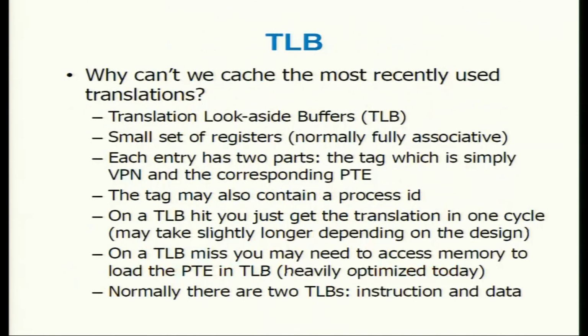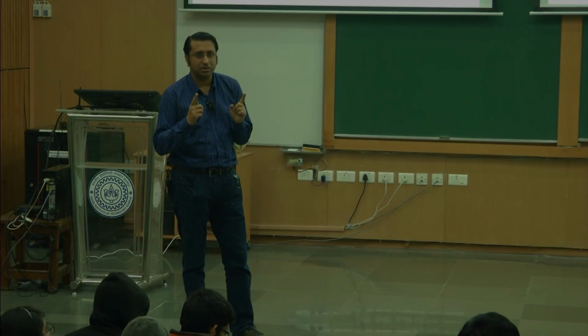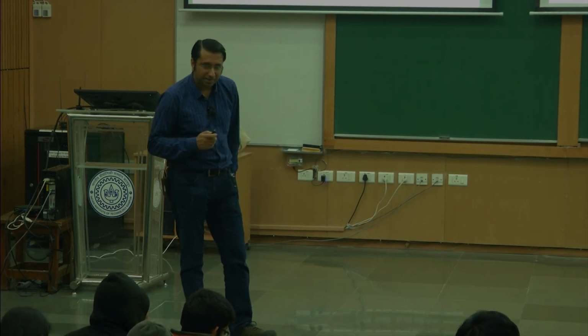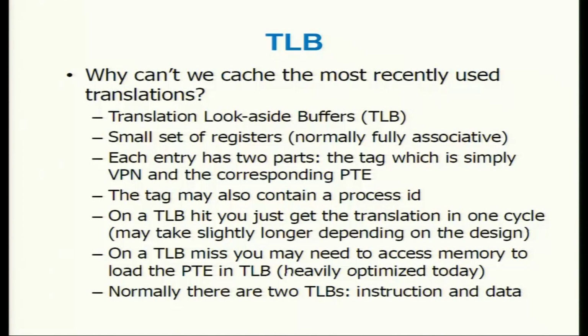So to avoid this, there is something called a TLB, the translation lookaside buffer, which sits inside the processor. And the job of it is to hold the recently used page table entries. And here also again your locality principle applies. You are essentially saying that if I am accessing this particular page table entry now, it's highly likely that in the near future I'll be accessing the same page table entry. And that's why I want to cache it inside my translation lookaside buffer. So this is inside the processor, very fast, just as fast as your caches.